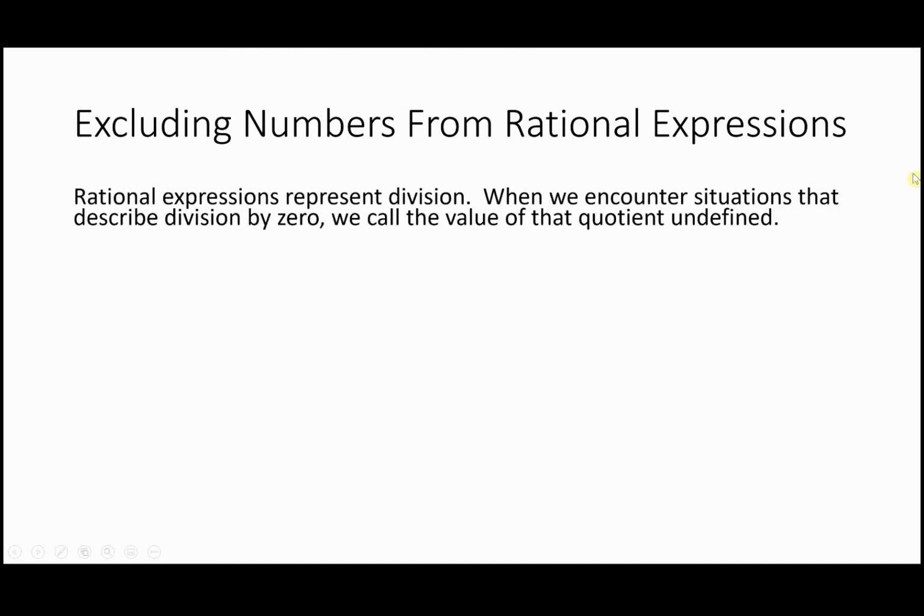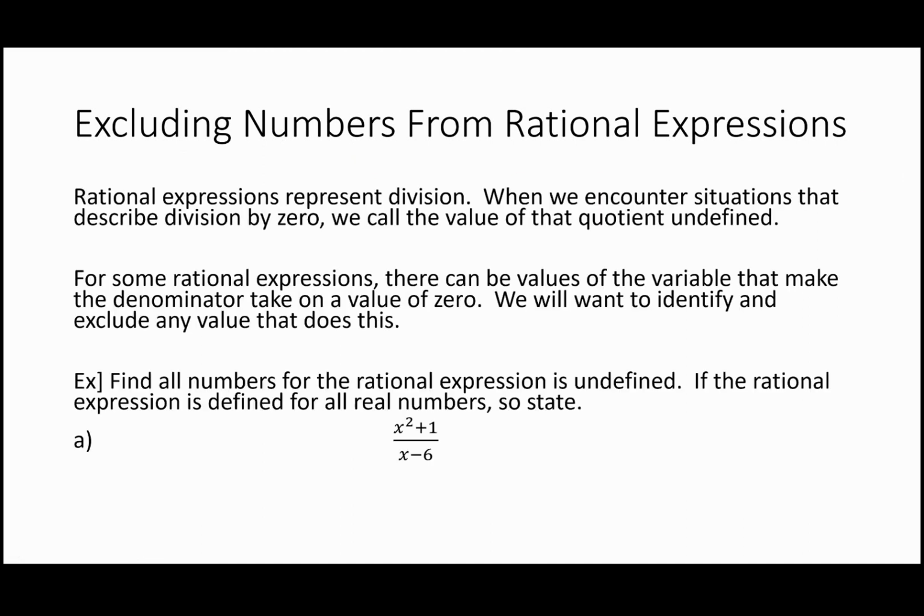The denominator cannot be equal to 0, so we want to look at whatever rational expression we're given and focus on the denominator in order to determine which values need to be excluded as possible values that x could take on, okay? So for instance, in this first example, A, look at the denominator of x minus 6 and ask yourself, well, when would x minus 6 be equal to 0? Because that would be a no-go. And what you'll do is create this